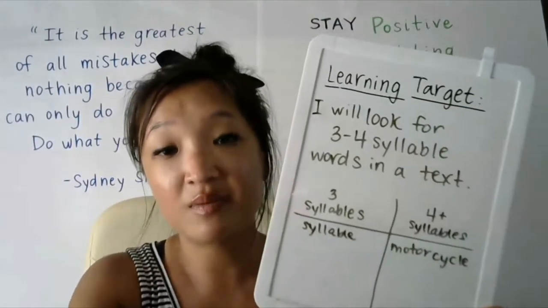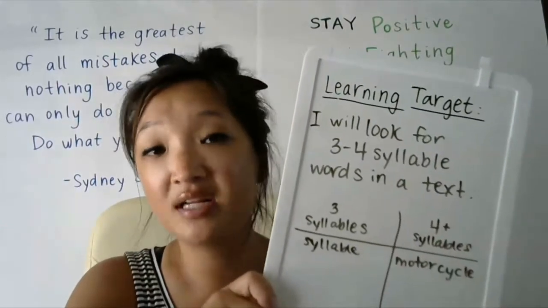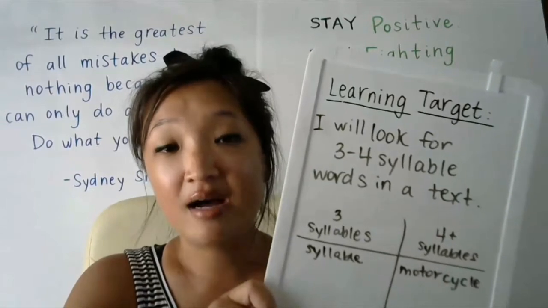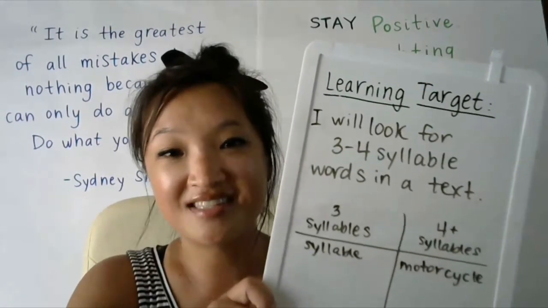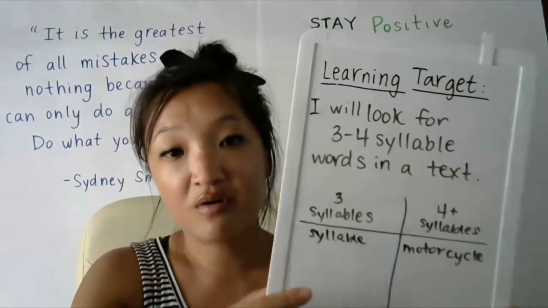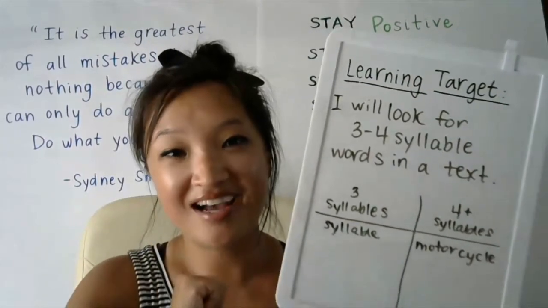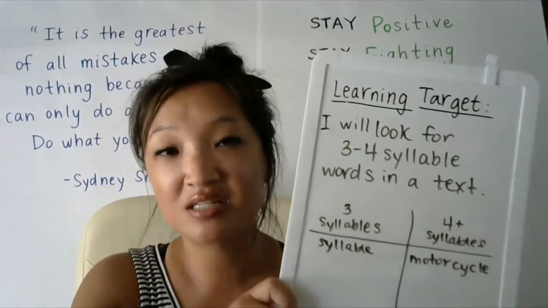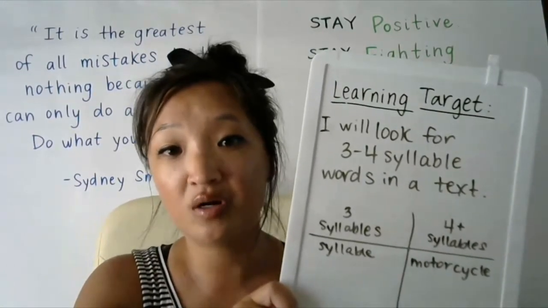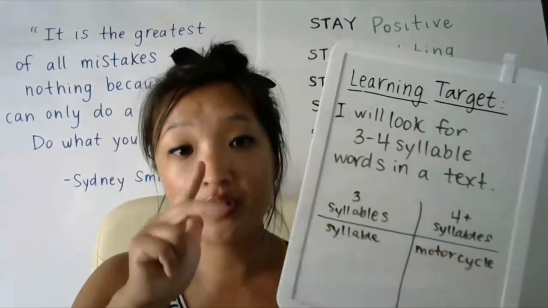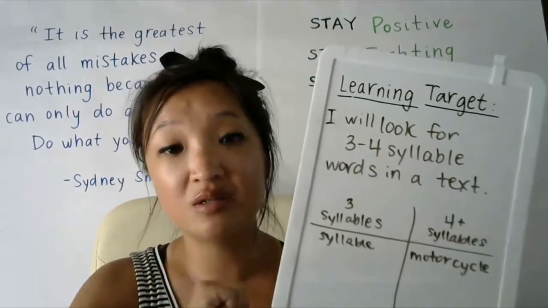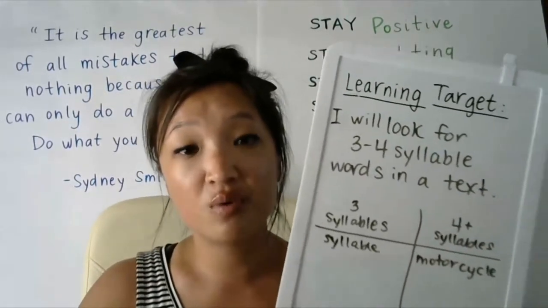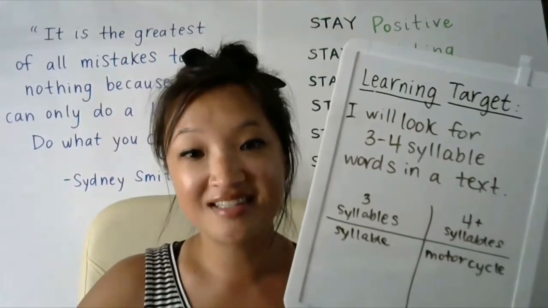Here's an example of something you could make, again, in a reading journal, or if you want to follow along on just scratch paper, or just kind of follow along with us. Here's a 3-syllable word over here, syllable, that has 3 syllables. And 4 or more, that's kind of a challenge because those tend to usually be bigger words, like the word motorcycle. I hear 4 syllables in that word. So today when we're reading, let's look for those 3 to 4 syllable words.